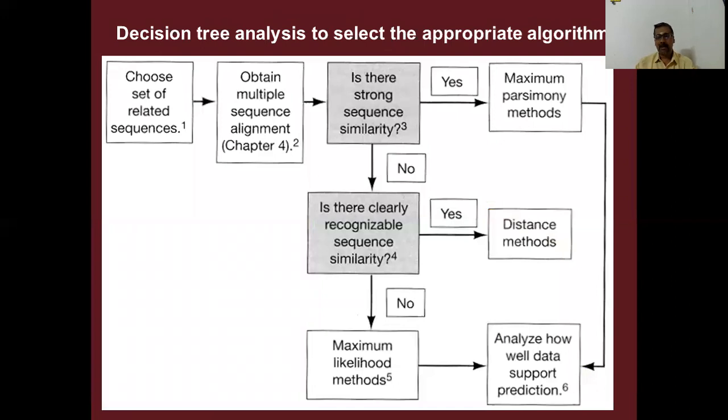This is a very simple decision tree. Now assume that you want to do some phylogenetic analysis. How do you start? First you select a set of species. Here it says, choose a set of related sequences. In the sense that you take hemoglobin, myoglobin, hexokinase, pyruvate carboxylase, whatever protein you want, you can select.